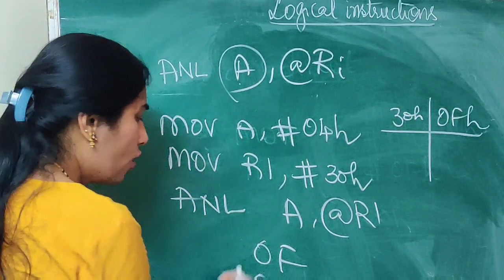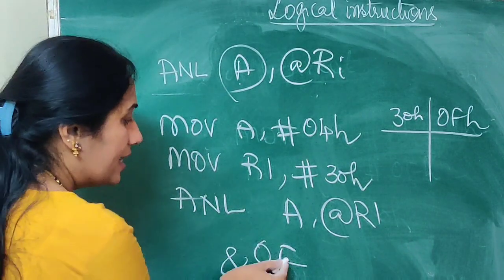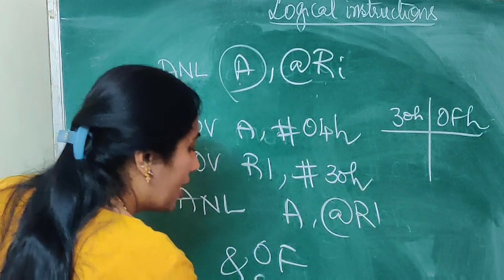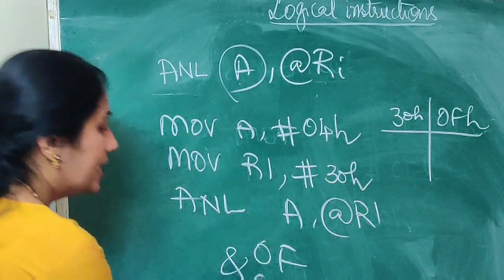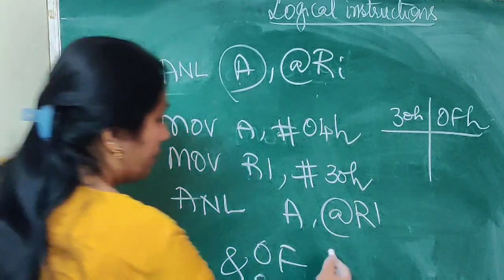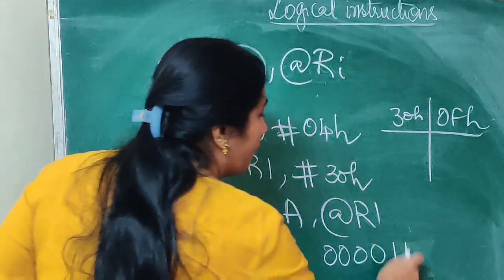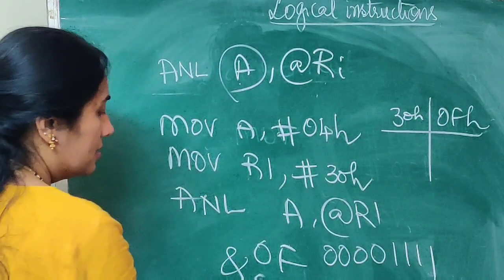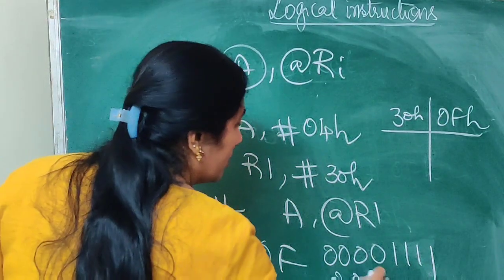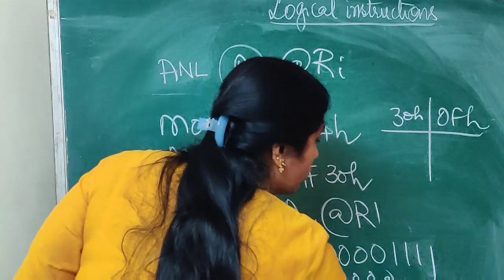04x. Now the AND operation is going to take place between the two bytes. F is ANDed with 4, so I am going to get 4 over here, and 0 is ANDed with 0, I am going to have 0 over here. So if I want to elaborate, F is 1, 1, 1, 1. And 0 is 0, 0, 0, 0. This is 0. And 4 is 0, 1, 0, 0.